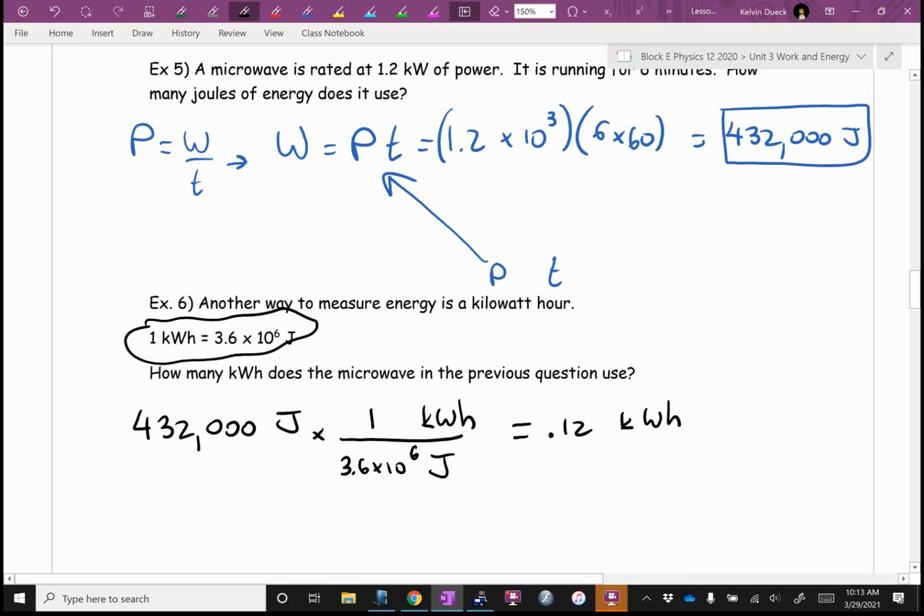kilowatt hours. So all electric companies, they bill people not by joules, but by kilowatt hours. And that way, a standard house uses about 1,000 kilowatt hours a month, which is, most people can still understand 1,000 and they can grasp that concept. But if they had several billion kilowatt hours, they just wouldn't be able to interpret it. So kilowatt hours, even though it has the word watt in it, it's a measure of work energy, not power.